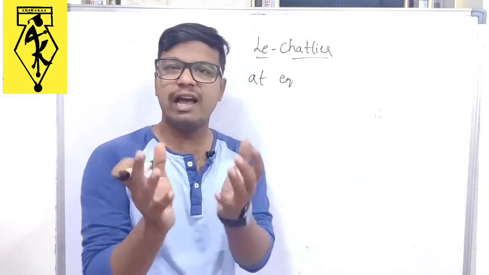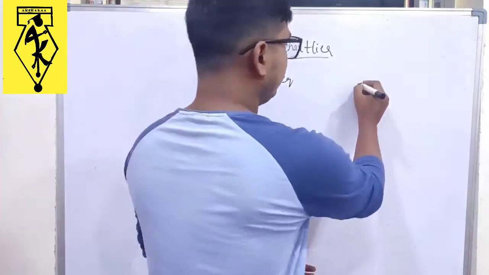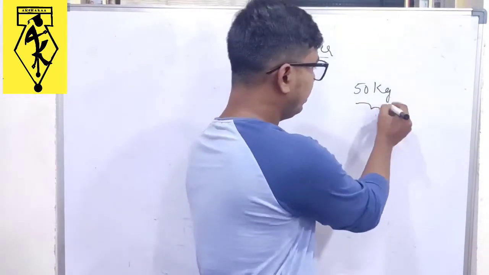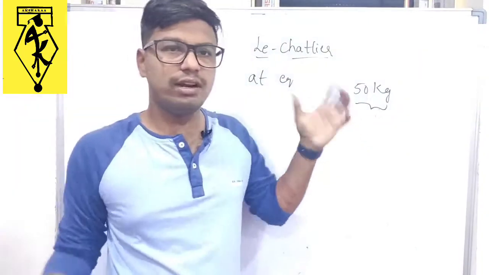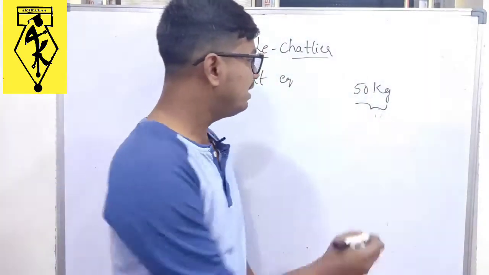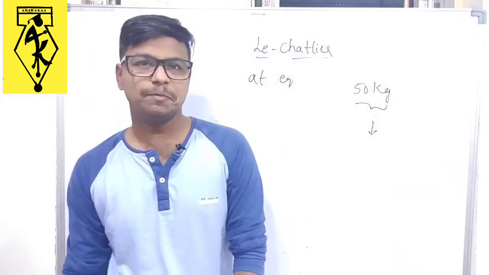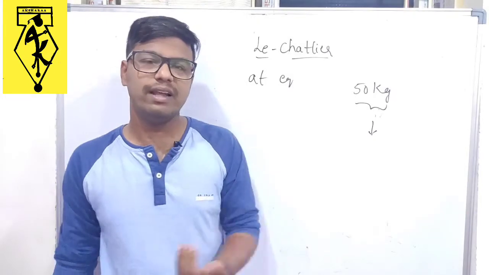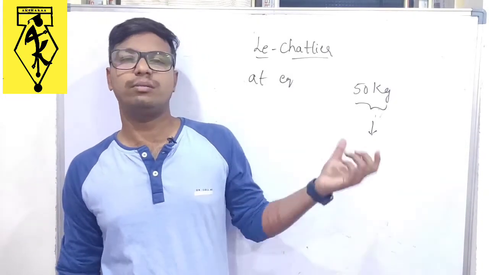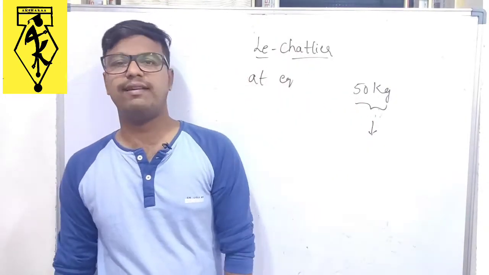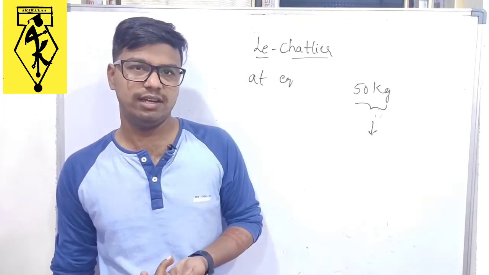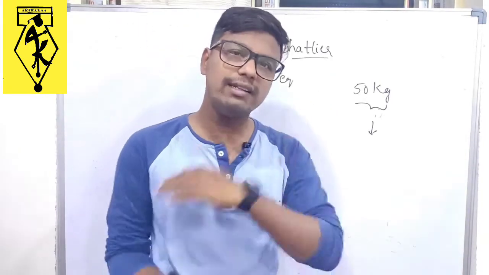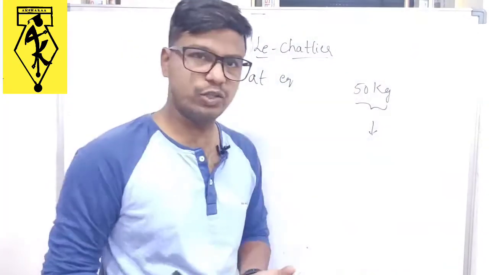Say for example, if you are carrying 50 kg of weight, at a particular point you will be saturated. You cannot lift that 50 kgs. You cannot bear that weight. What will you do? You will decrease that 50 kgs. You will lighten the weight by keeping some aside. Similarly, our reaction also, when you bring any change to the equilibrium, then that equilibrium will act to decrease that change, to counteract that change. Let's see what that actually means.